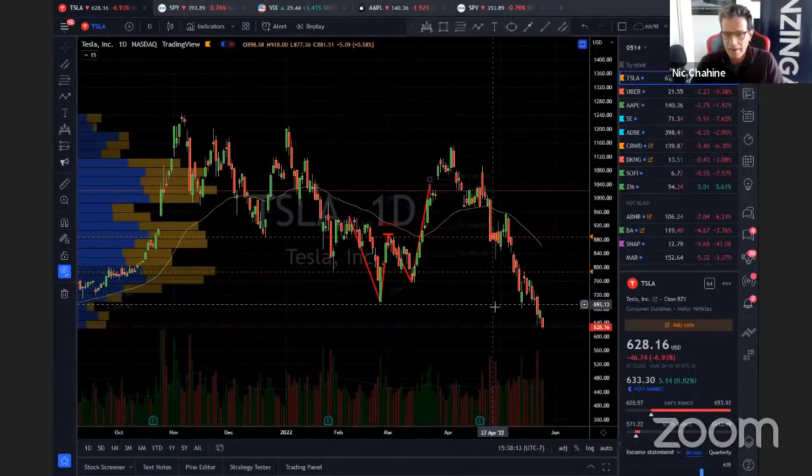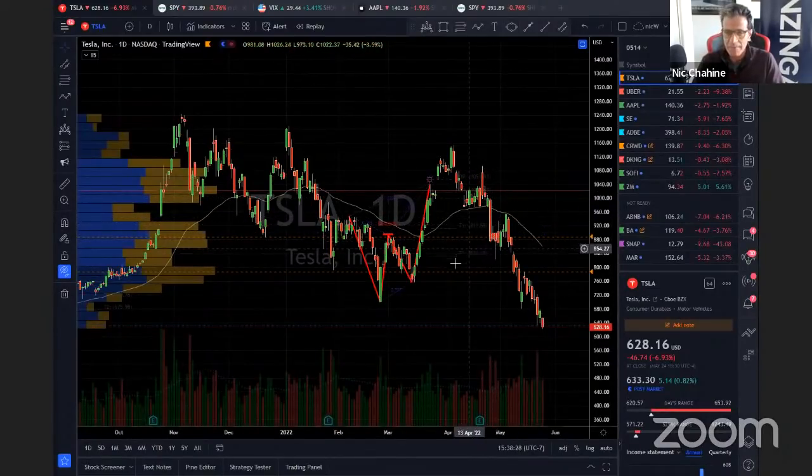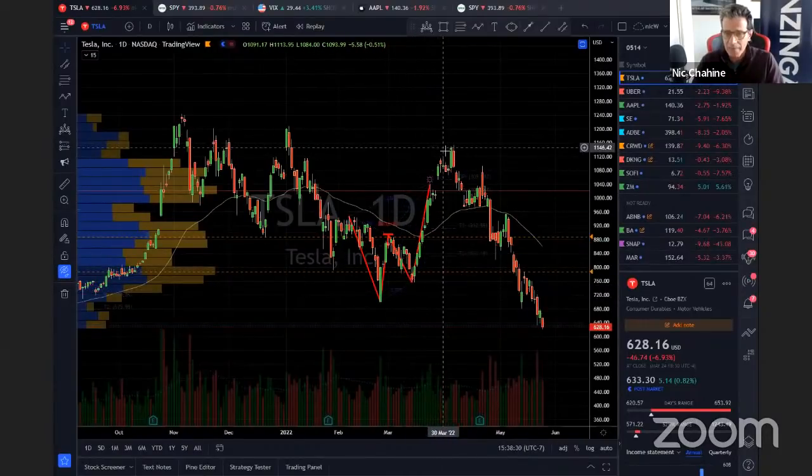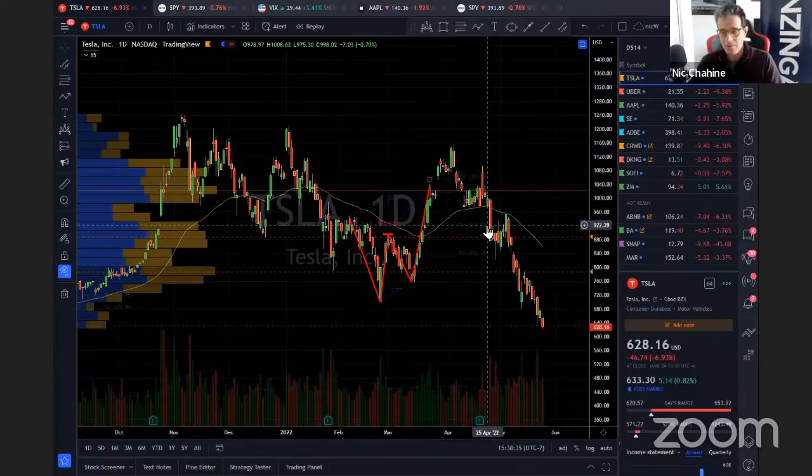So she's stuck in Tesla at 924, somewhere around here. She bought it on the way down. She didn't do wrong because as soon as she bought it, it found footing. Mind you, that's a big drop, like $30 there. But normally when stocks rally, they give back about half, and she bought it about half. So that wasn't a bad entry point.